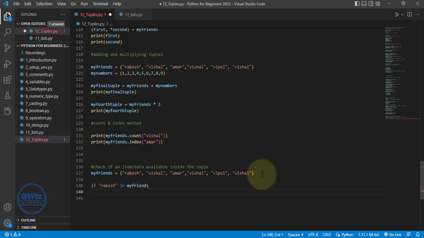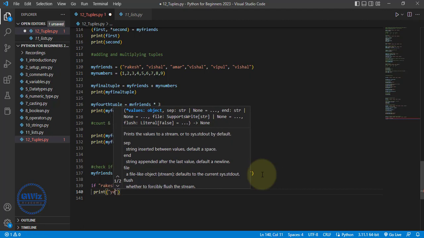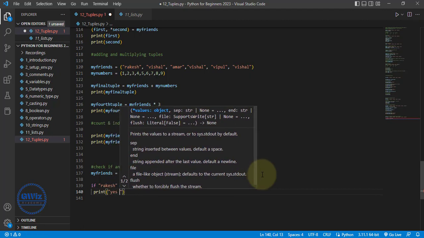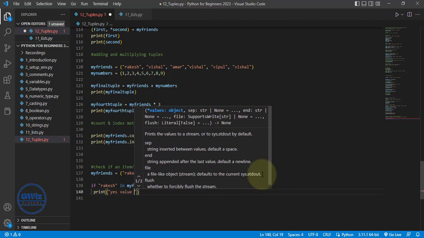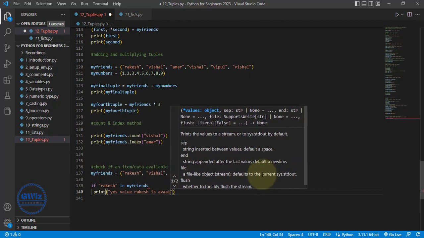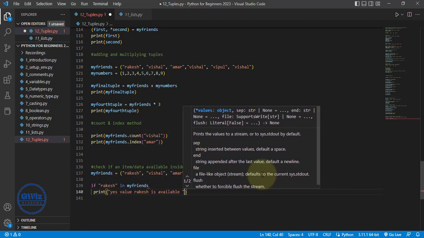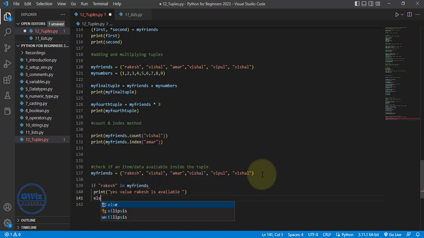Simple. Print, yes, value Rakesh is available. Else,